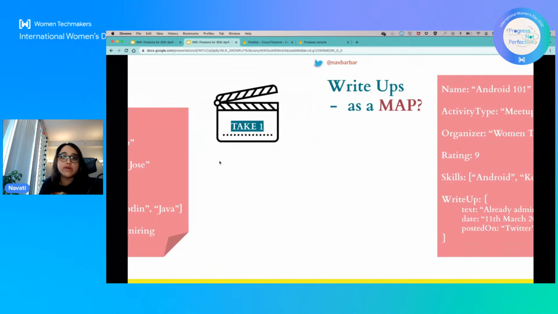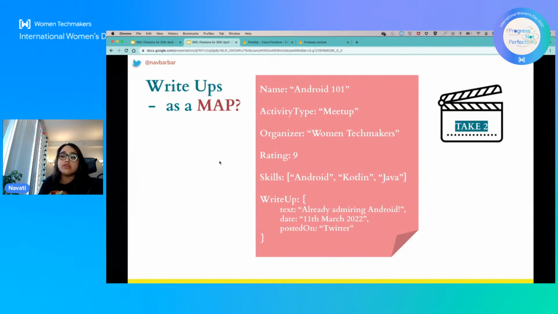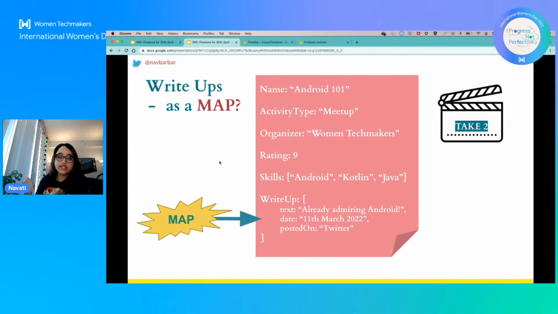That's one way to go about it. But another way to go about it is storing it as this nested JSON, where I can also keep track of associated fields, like the date that I posted this on, or which platform I posted it on, maybe Twitter or Instagram. And this nested JSON structure is considered as a map in Firestore. Now, this is definitely one way you can go about it. You can also have an array of these maps,